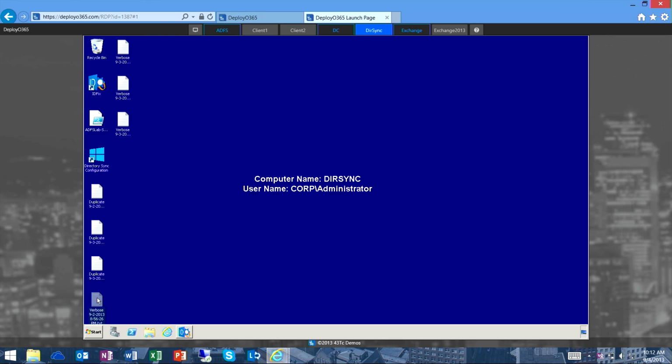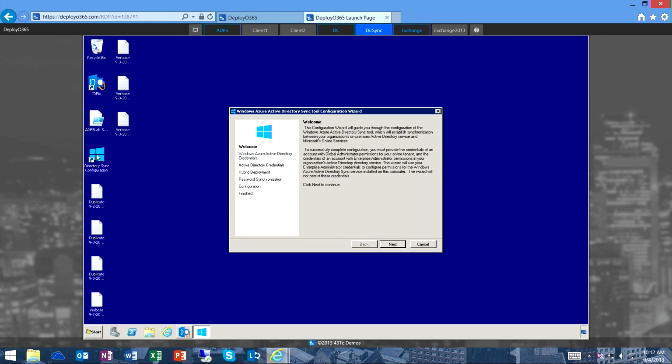So I've got a log of information there so I can actually go and roll back those changes if I need to and find another way to remediate those moving forward. Once my IDFix is done and my AD is in a place for synchronization, I can then go and run my directory synchronization tool. This has come a long way since we first released DirSync.